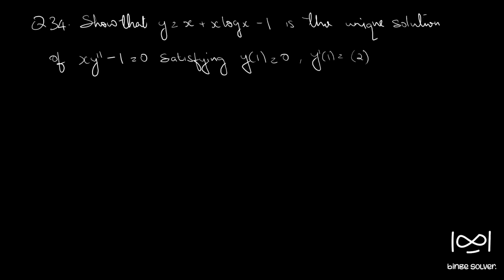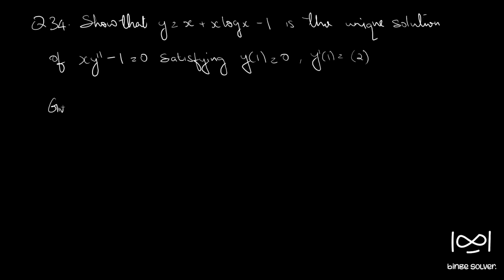Question 34. Show that y equal to x plus x log x minus 1 is the unique solution of x y double dash minus 1 equal to 0, satisfying y of 1 equal to 0 and y dash 1 equal to 2. We are given a relation between an independent and dependent variable, and first we have to check whether it is a solution to the given differential equation, and we have to see whether that is a unique solution to this initial value problem where the initial values are mentioned. So